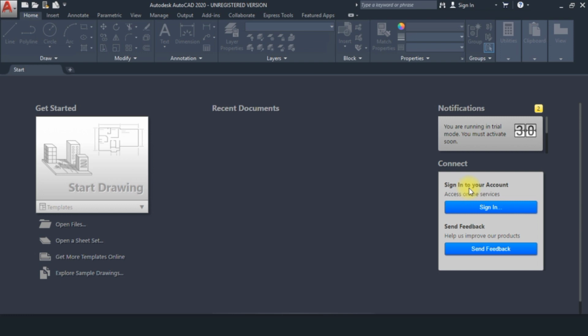If you have an active version of AutoCAD, then you can sign in to your account, you will get online access, and you can control your files or AutoCAD from anywhere. You can also give feedback or suggestions to the company. Now I will click on start drawing to continue.